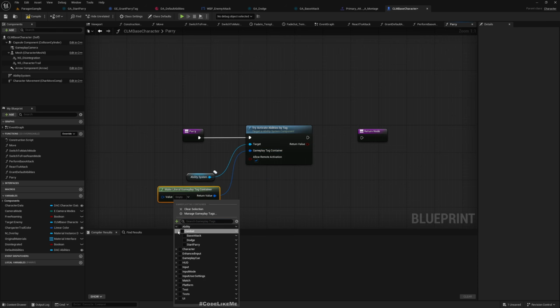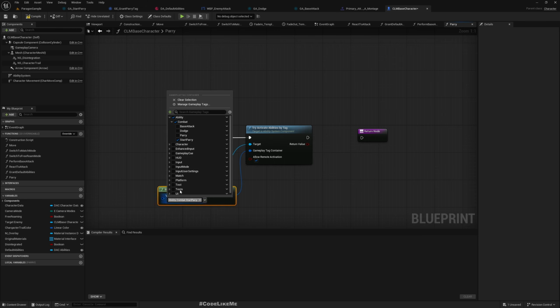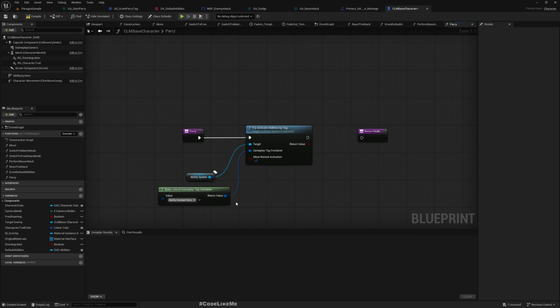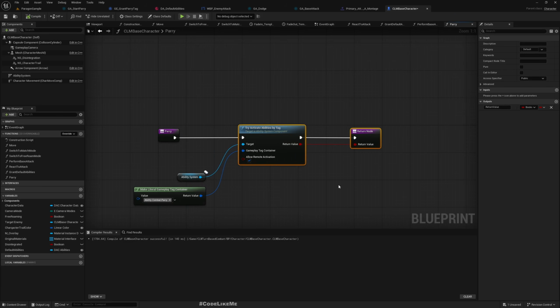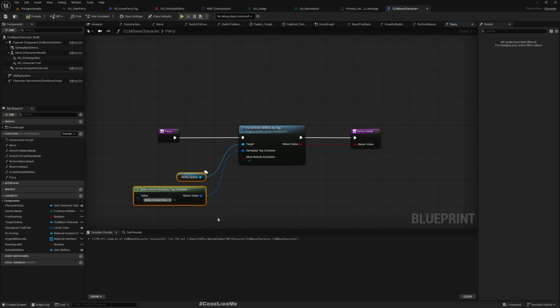Let's add ability combat. Let's add another tag here, parry. So this is the actual parry, not the start parry, the actual parry. So just parry. Okay, then I'll return this. So if this is a success, this will be returned as a true, otherwise false. Okay, now assuming this ability is not implemented yet,